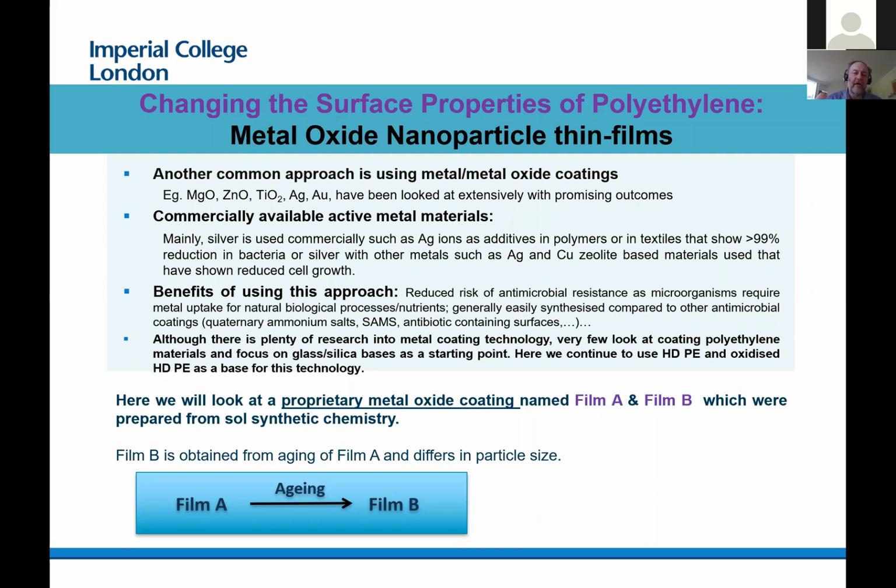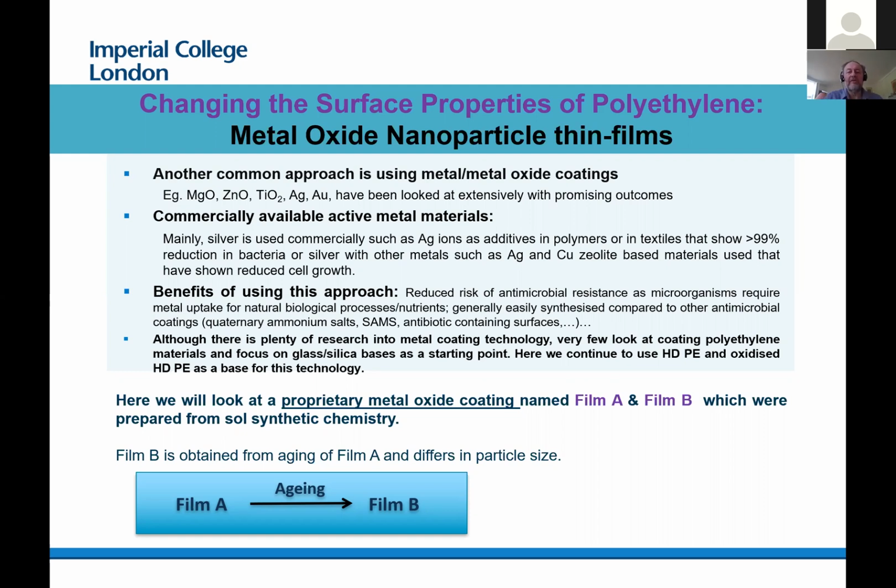Many people have looked at particles to do this, and we've been doing a similar thing. We've been looking at this approach as a way of improving the performance, particularly in the long term. Because obviously, if you modify a surface, there are some examples, for example, a disposable piece of laboratory equipment or